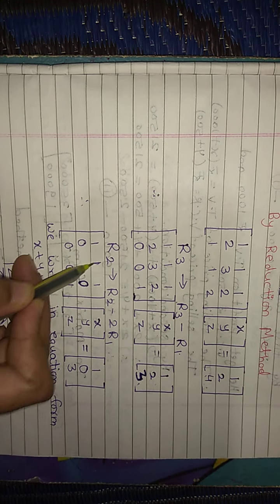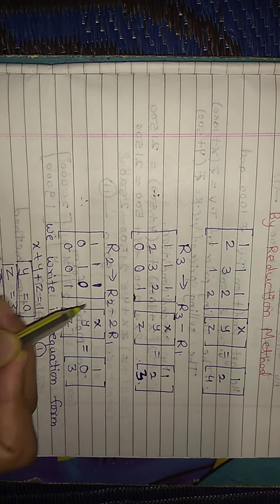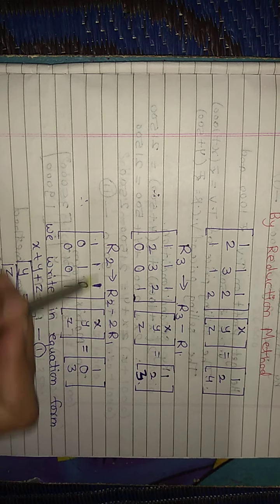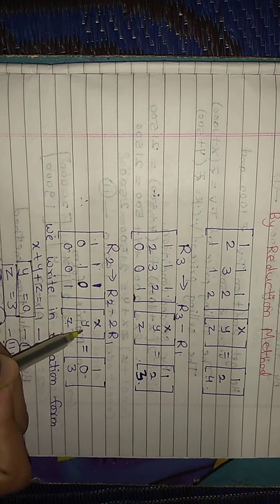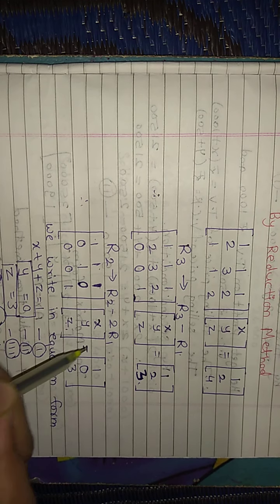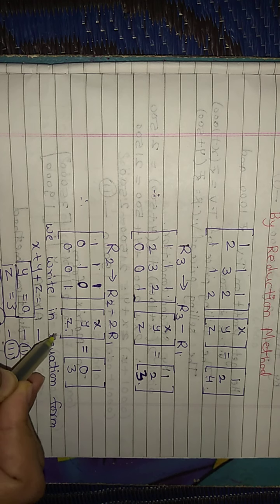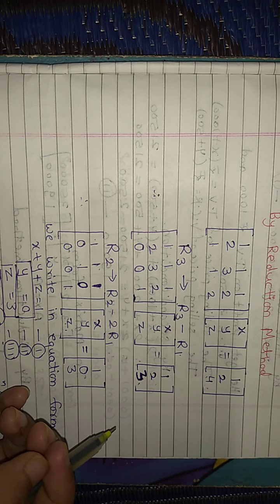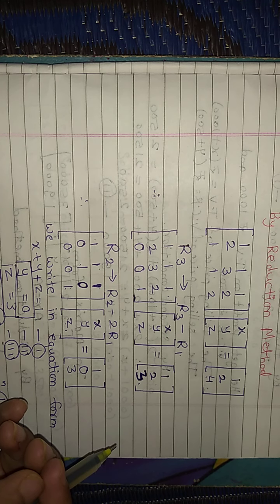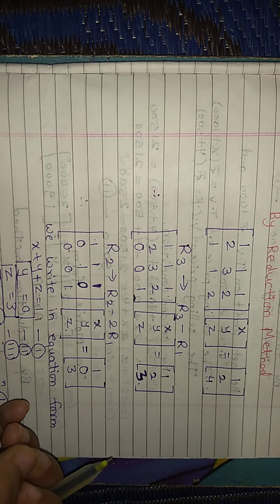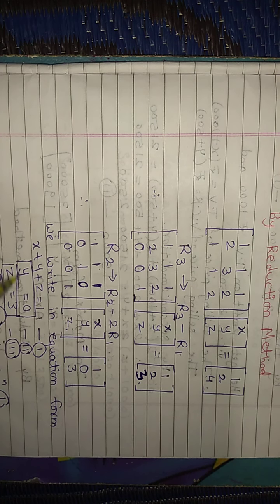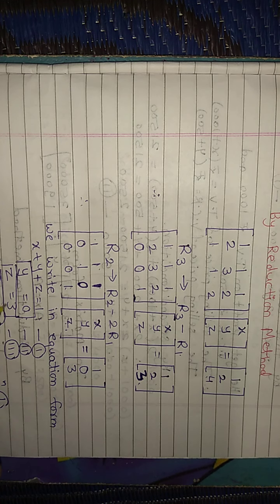That time you have to check whether the elements are present in the form of x, y, z. So x, y, z, 3 multiplication we get, y element and z element. Means unknown variable 3 are present. If any one unknown variable is missing in the equation, then it is not a correct step. So we write in the equation x plus y plus z is equal to 1, y is equal to 0 and z is equal to 3.